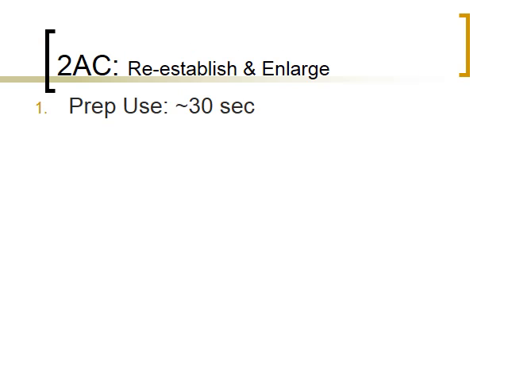So specifically, let's look at the second affirmative constructive. The purpose of the second affirmative constructive is to reestablish the affirmative case and enlarge it. Give the judge more reason to vote for you. Prep time, similar to the 1NC, you want to shoot for taking about 30 seconds of prep time. That might be a difficult task